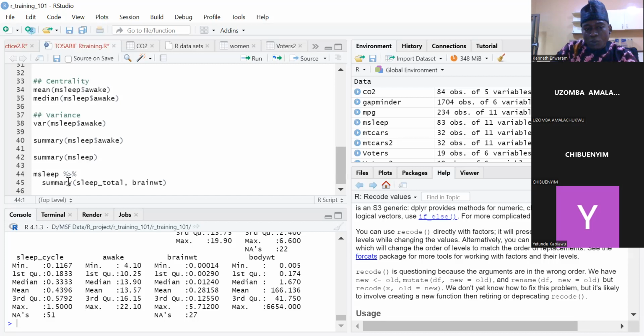So instead of doing summary and then writing mSlip $sleep total, comma, mSlip $brain weight, we can just use our tidyverse pipe operator and write mSlip and then put in our pipe operator, saying "and then." So already R knows what data set we're working on, as mSlip. Then you can just say summary and type directly the variables you want to find the summary about. So if we run this command here right now,